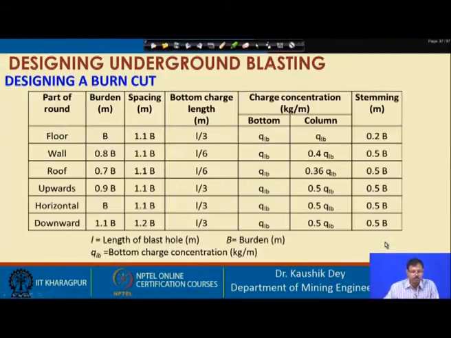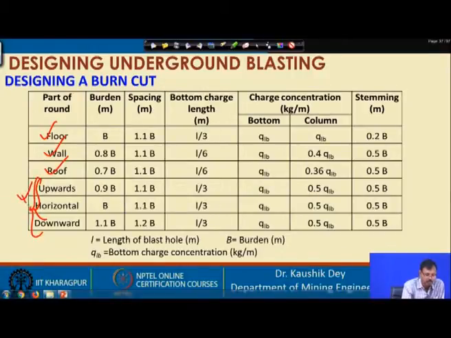For the other holes, floor holes, wall holes, roof holes, and these are the stopping holes. These 3 are the stopping holes. For these cases, the formula may be like this, and these considerations will remain the same for the wedge cut also.